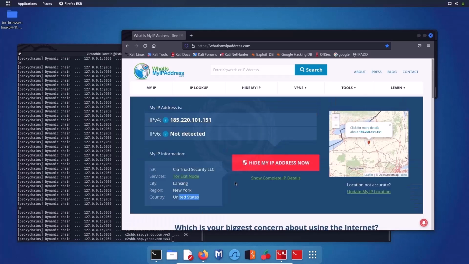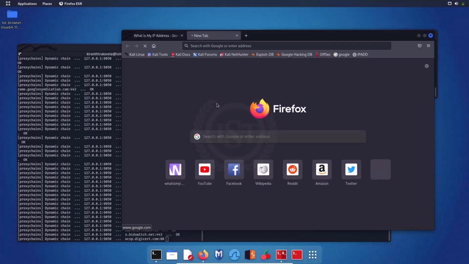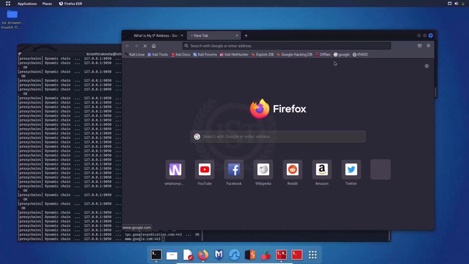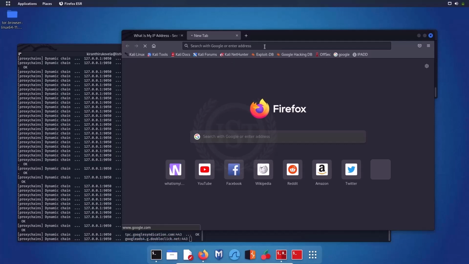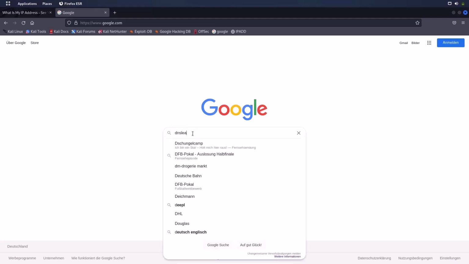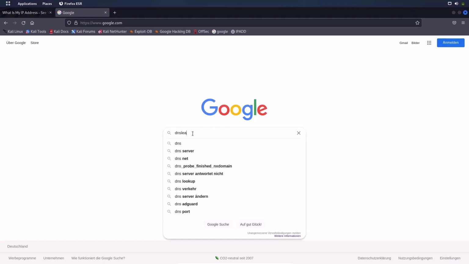Now let me check if there are any DNS leaks using online services like dnsleak.com and dnsleaktest.com. So it's still going on, and now type DNS leak test.